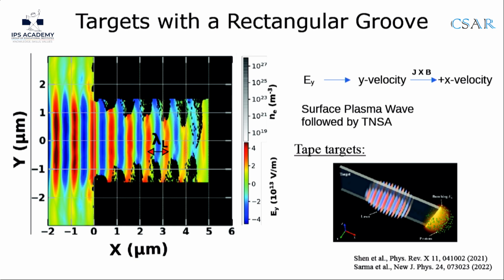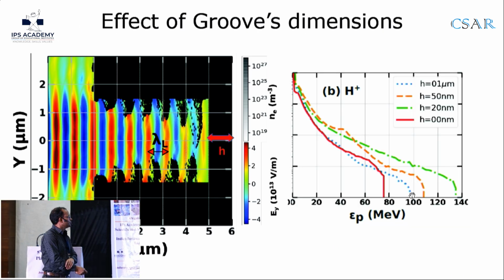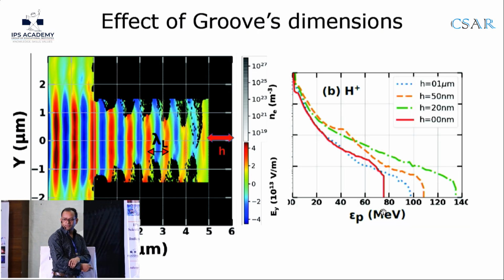So these kind of mechanisms people have also observed in other geometries where they use tape target and they have a peeler mechanism. So laser is peeling off from both sides of the tape target, and they have also shown very effective ion acceleration. Okay, so we actually further increase the depth, and what we saw is that if you keep